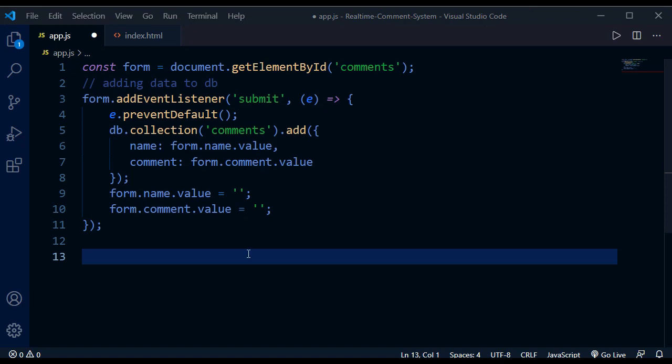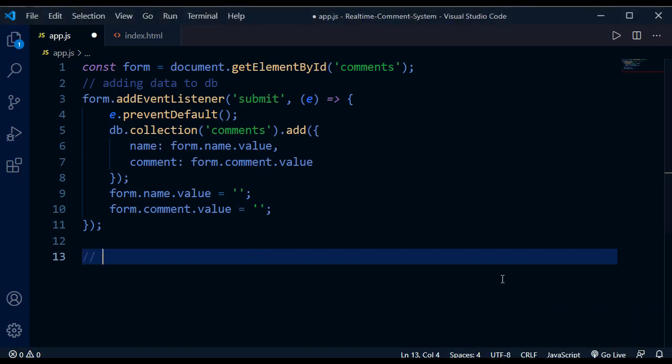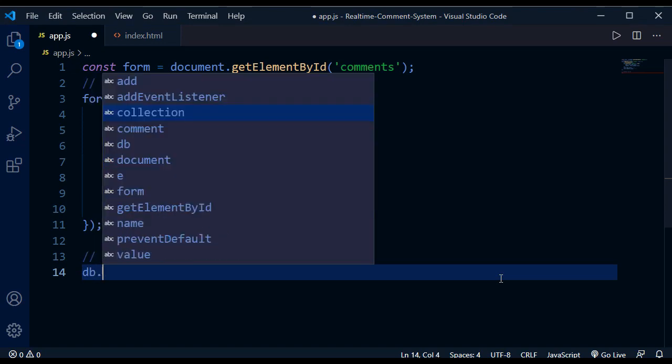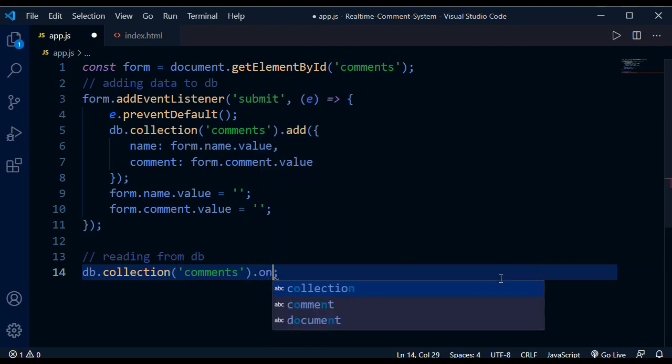First of all, we will add a comment: reading from db. Then we will say db.collection, and we have to specify the collection name. In our case the collection is comments, so we'll say comments. And then we have to say on